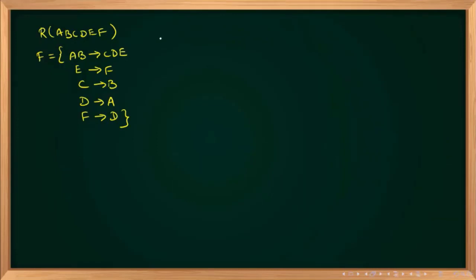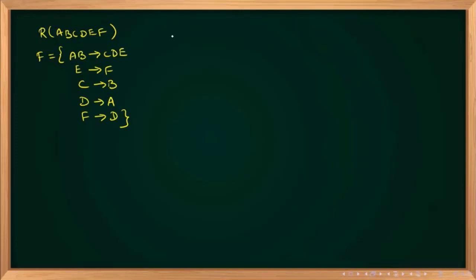Fine. So from the start, you clearly observe how I am doing. Any alphabet is coming only in the left side, right? All are coming in all the places. A, B, C, D, E, F are coming on the left side and right side. So we cannot apply that observation over here. So randomly we'll start. If you start randomly, there is no guarantee that it will be a candidate key. But when you are doing the substitution process correctly, your super key will automatically be reduced to a candidate key. That I will show later.